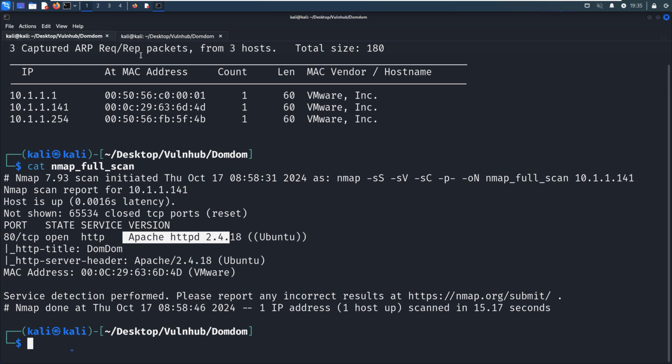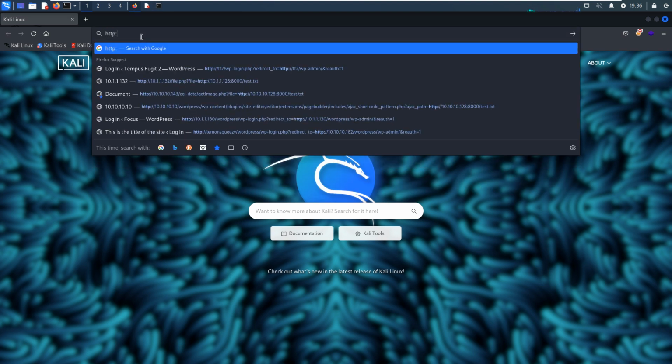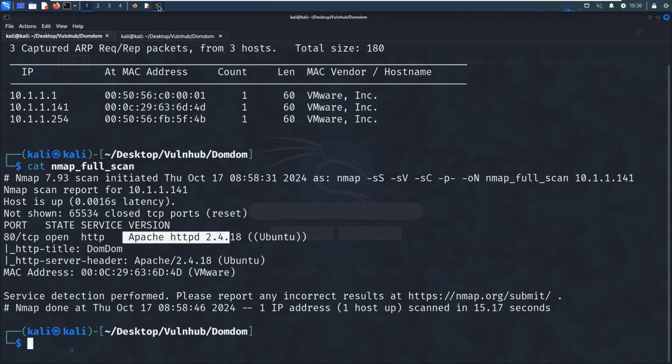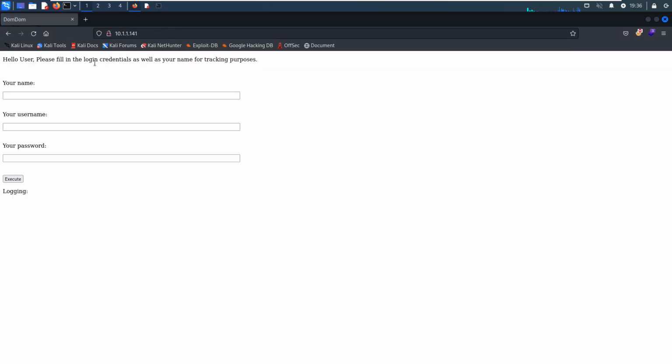Let's fire up the browser, and we can put the IP address of the target. And we got the page back.